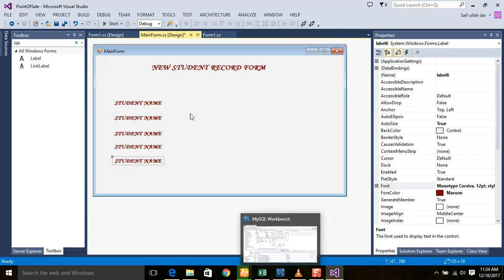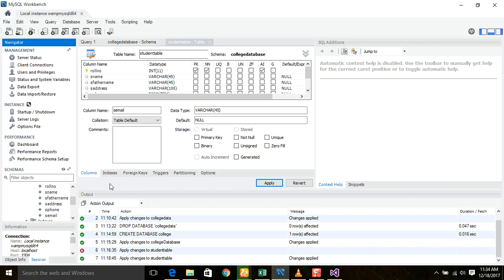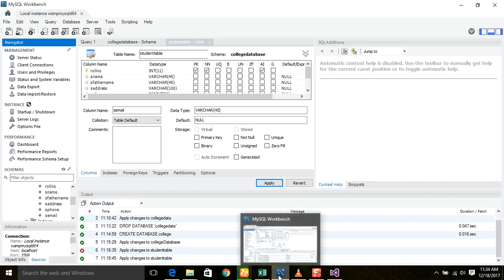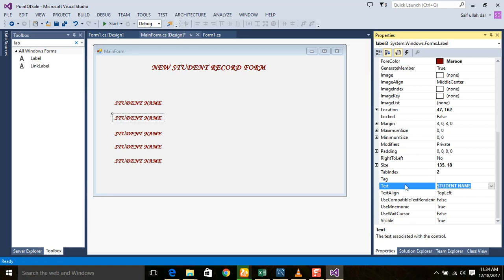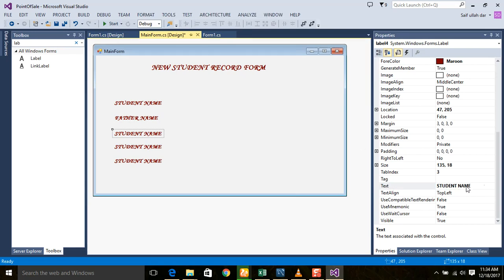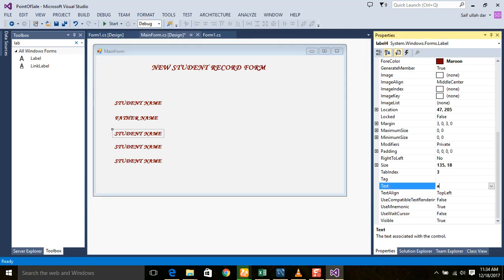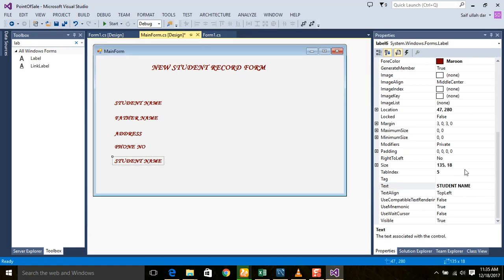So you can see that there's no need to use the same arrangement, but I'm using it so it will be easy for me to add the things. So I'm using student name, father name, address, email, I think phone number, and the last one is the